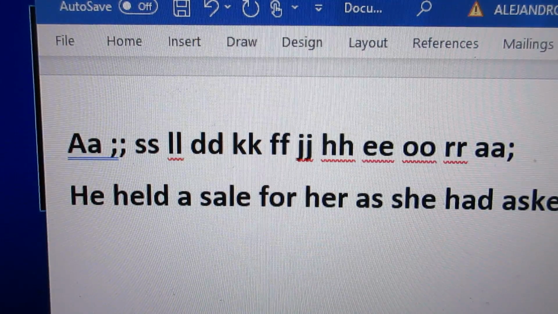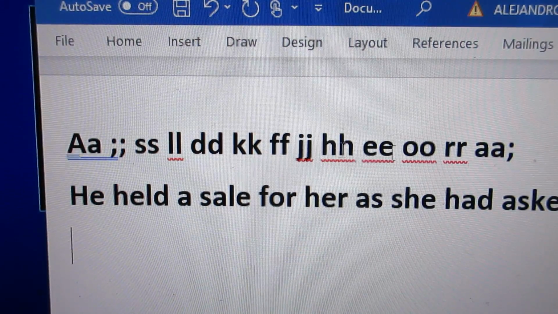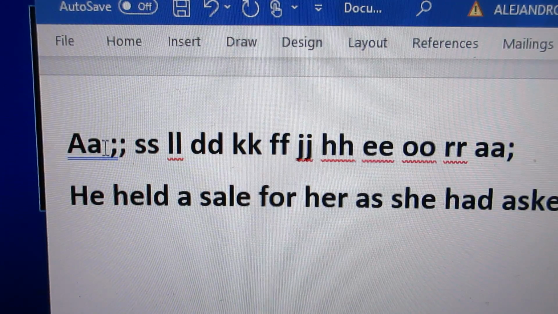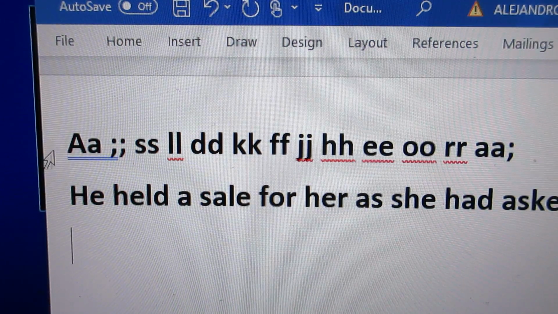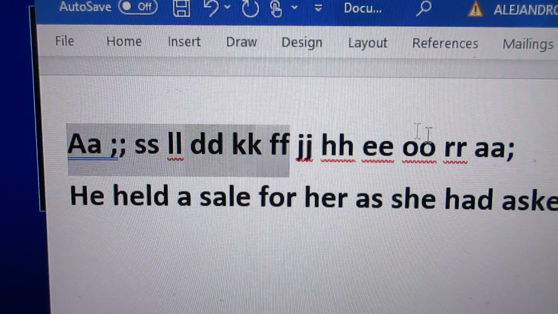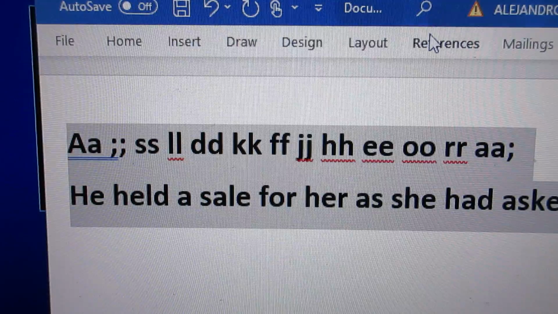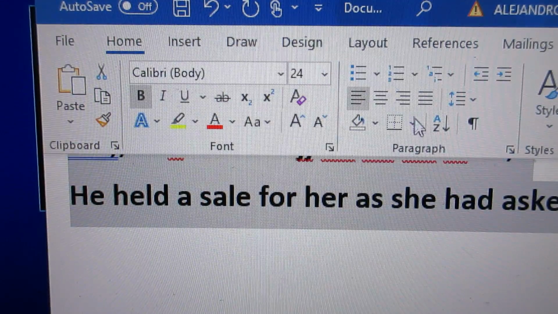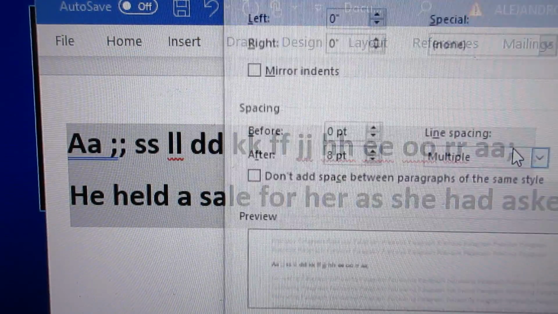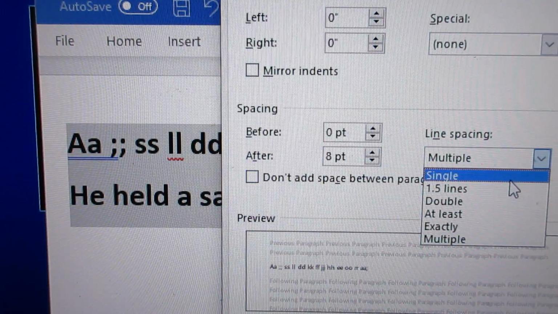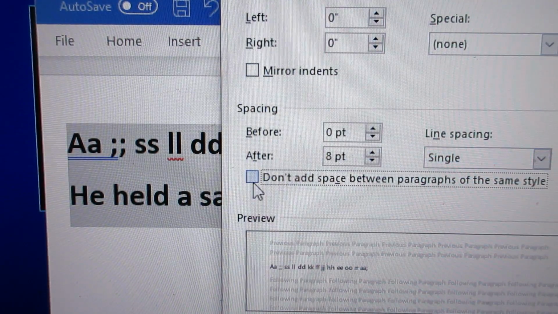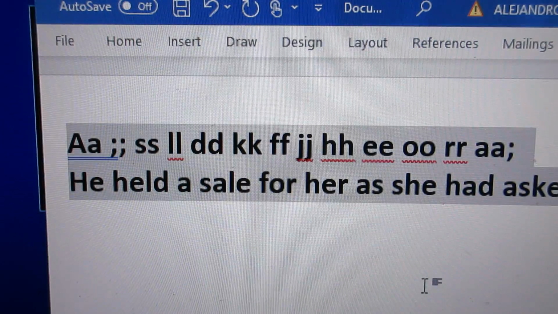Enter key. Type this like 2 times or 3 times. Let me do the paragraph single. Okay,